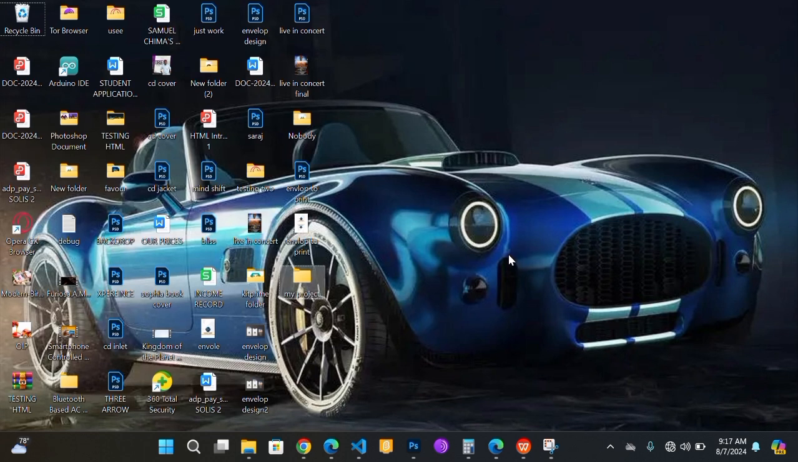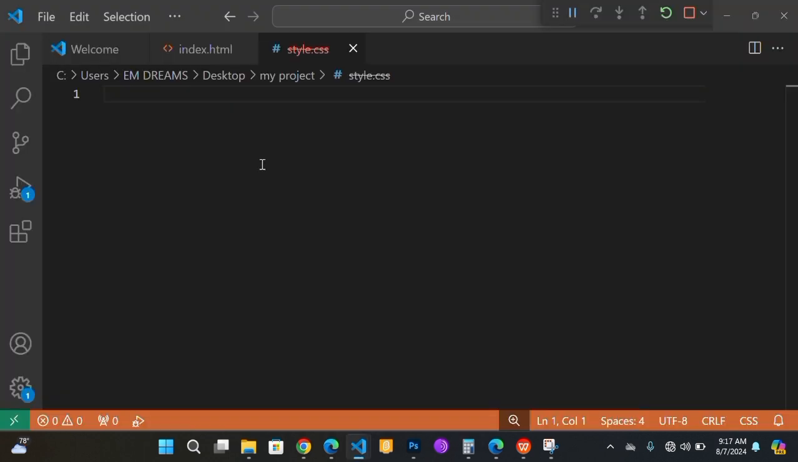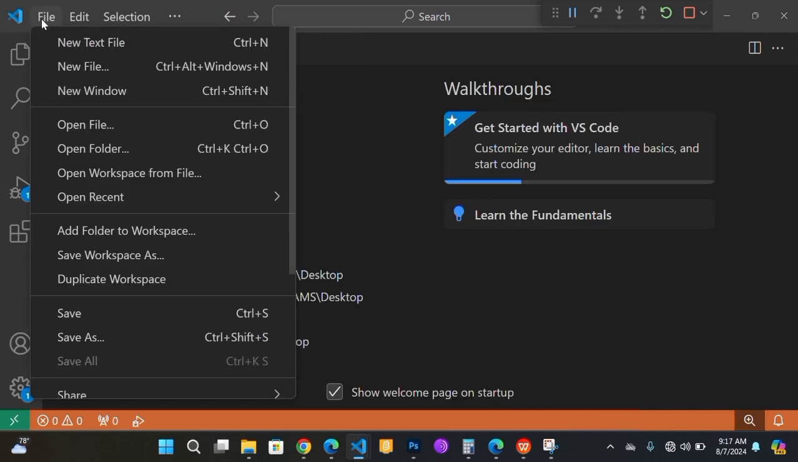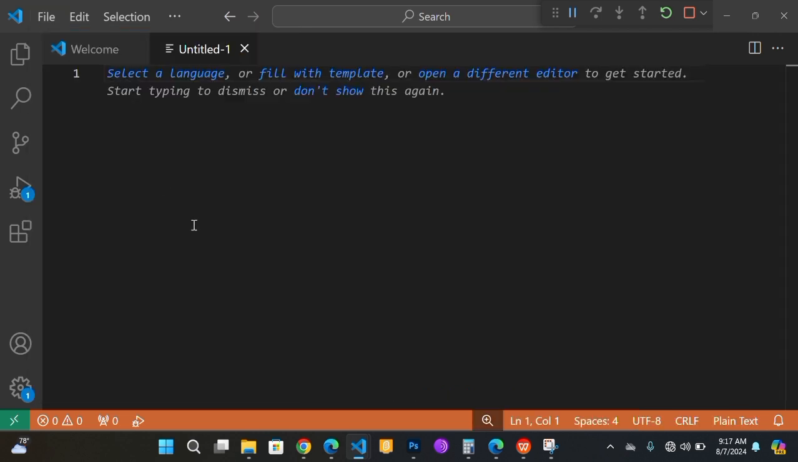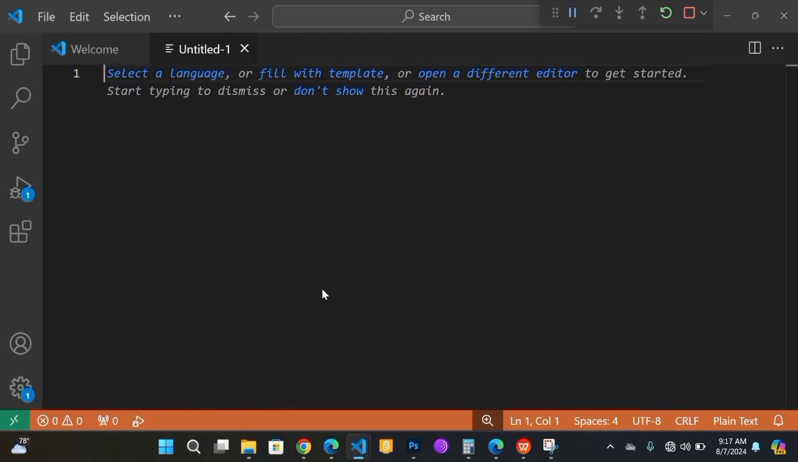So once this is done, you can launch your VS Code. This is my VS Code. You launch your VS Code, and I will come to file. Click on new text file. Then automatically a new tab will be opened titled Untitled 1. Then you go back to your file, you click save as,